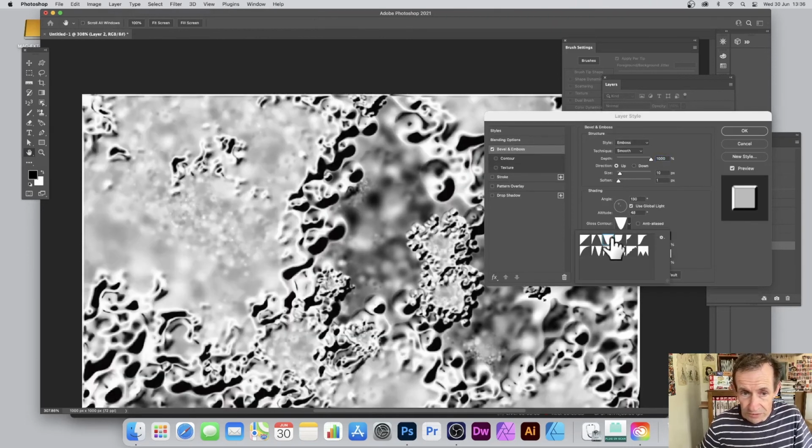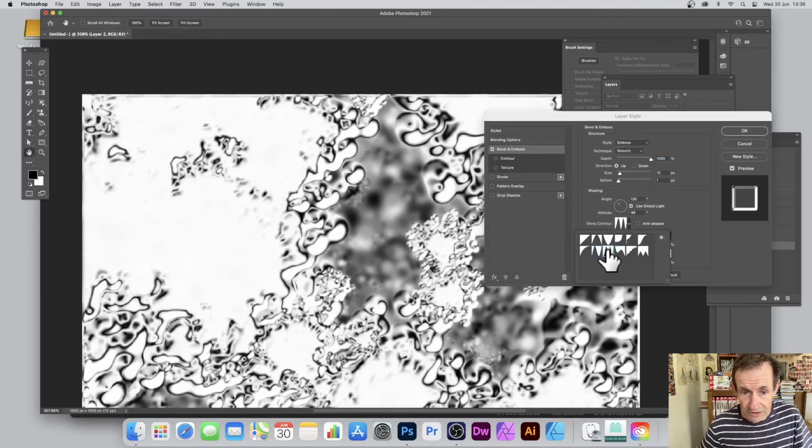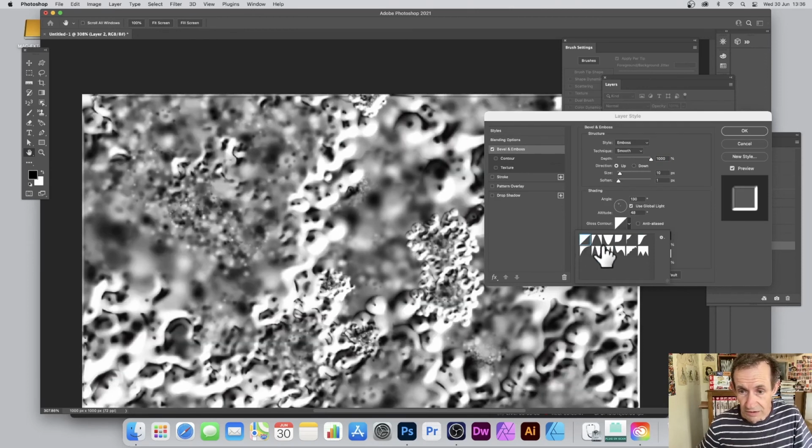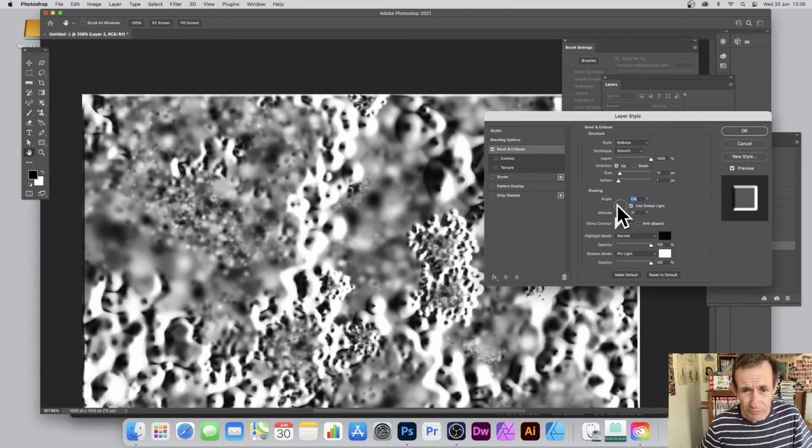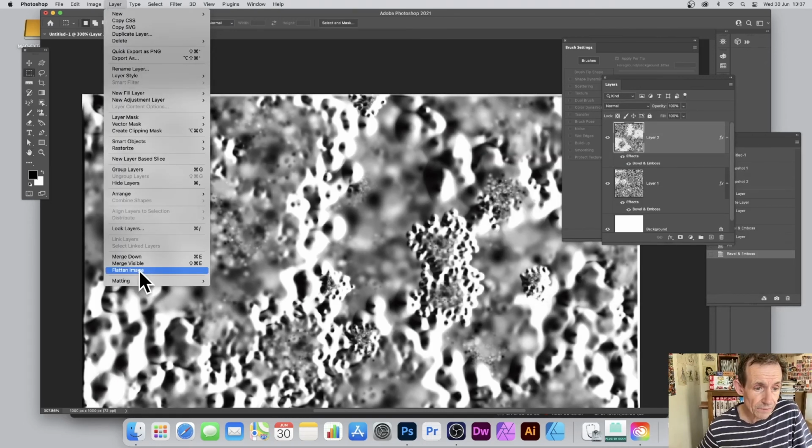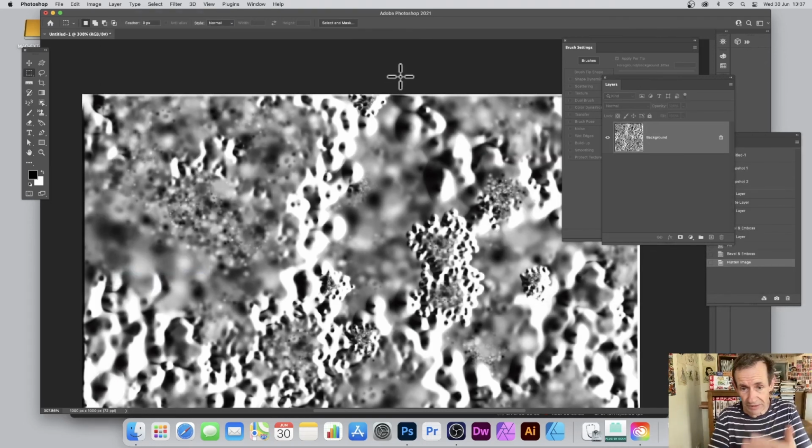If you don't want that, you can create different effects using different settings, up to you. Just run through it, maybe change the lighting just slightly. I wouldn't change it too much, but you can just tweak it. You can create moon surfaces. I think that's quite a nice little moon surface effect. Click OK. Layer and Flatten Image. And that's it. You've got a lovely sort of depth design, which could be used as a moon surface or